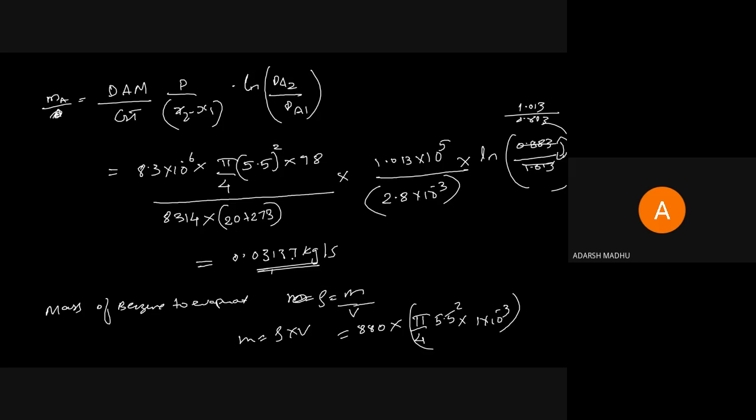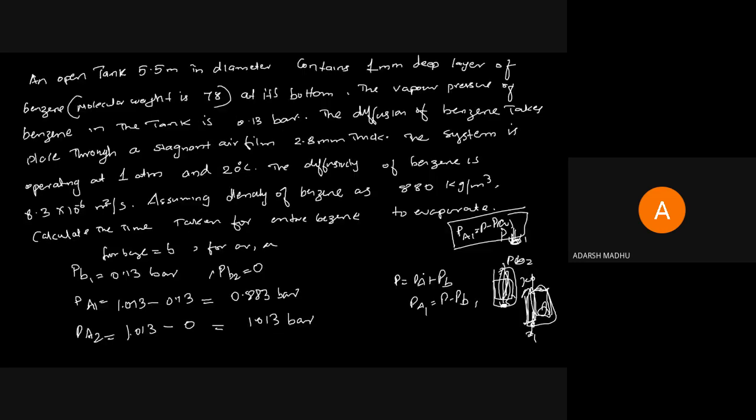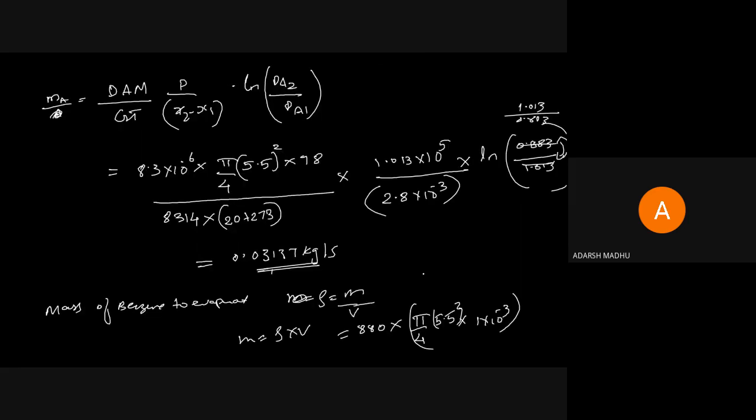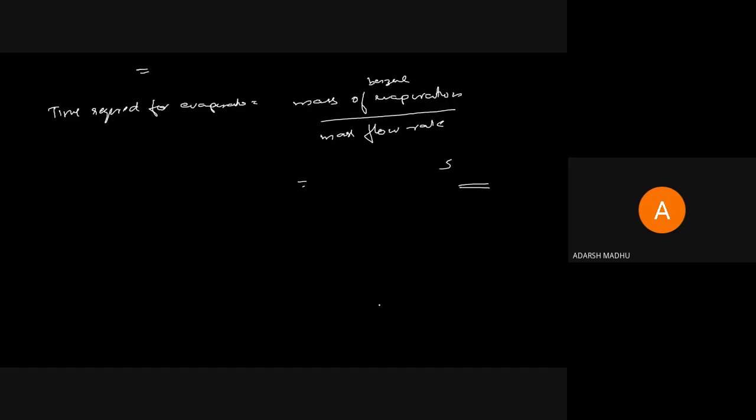Now the mass of the bed: rho equals mass by volume, density equals mass by volume. Density is given in the question, and the mass, volume you want to find. Volume is area into depth. Area is pi by 4 into d square, and the depth is given in the problem: it contains 5.5 diameter and 1 mm deep. That 1 mm is taken as 1 into 10 to the minus 3 meter, so converting 1 mm to meters gives 0.001. The mass of benzene to be evaporated is